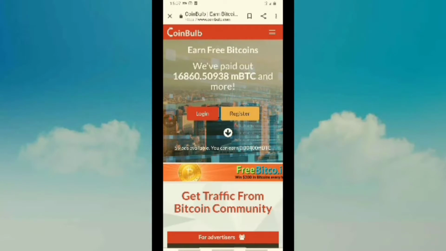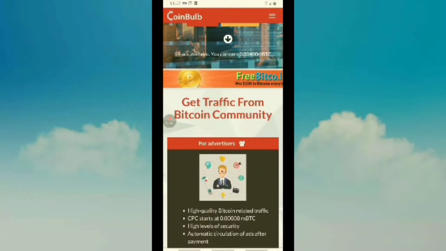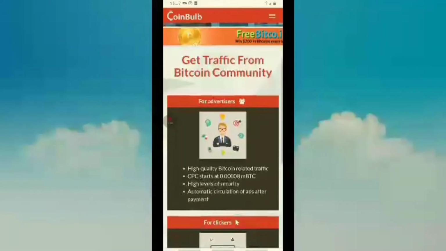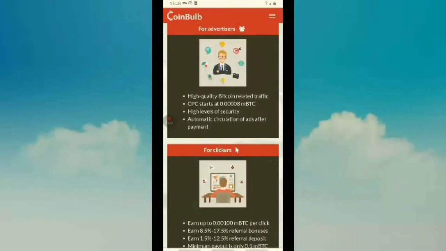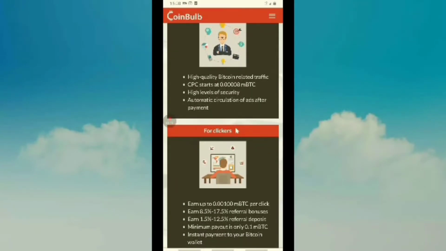And free Bitcoins. We've paid out 16,860.5 BTC more. 59 ads available. You can earn 0.00400 BTC free BTC. Get traffic from the Bitcoin community. For advertisers, high quality Bitcoin related traffic. CPC starts at 0.0008 mBTC. High level of security. Okay,